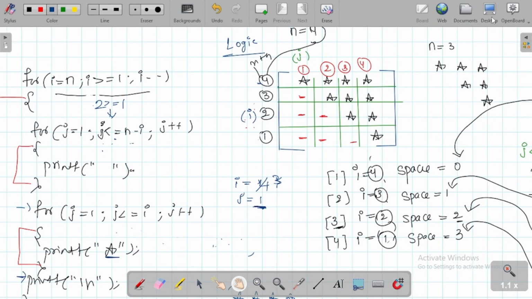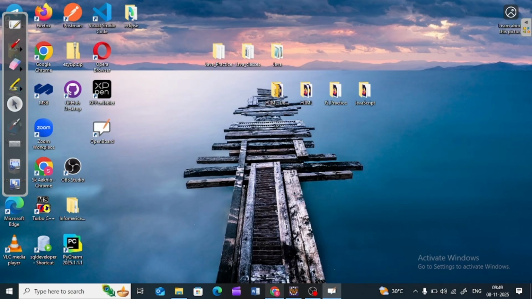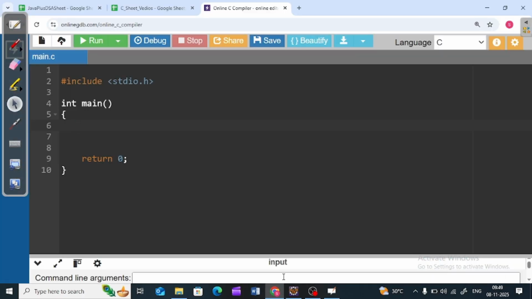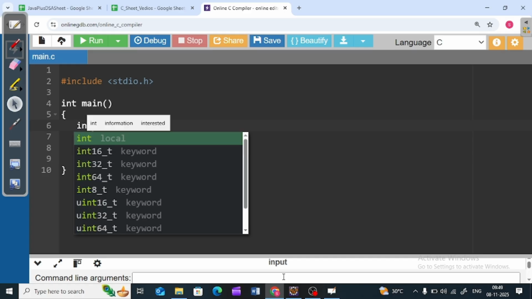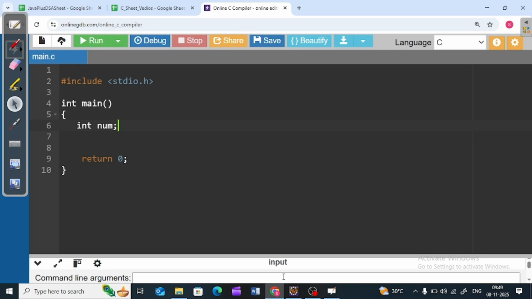So let me take you to the online C compiler. Let me execute this. So this is an online C compiler. So I will try to write here num అనే ఒక వేరియబుల్ క్రియేట్ చేస్తాను ఫస్ట్. సో దాని తర్వాత I will take the input from the user,